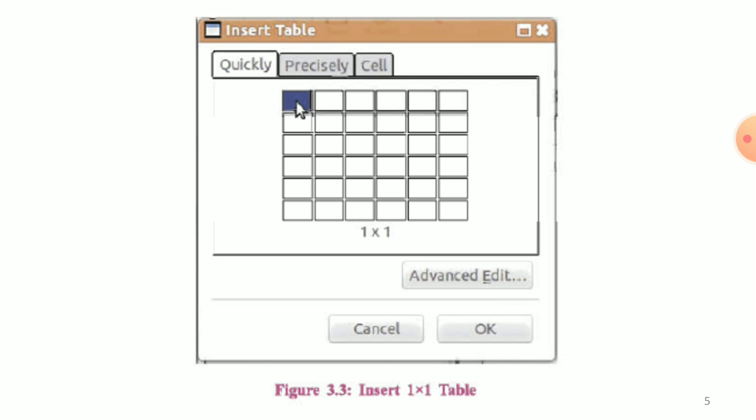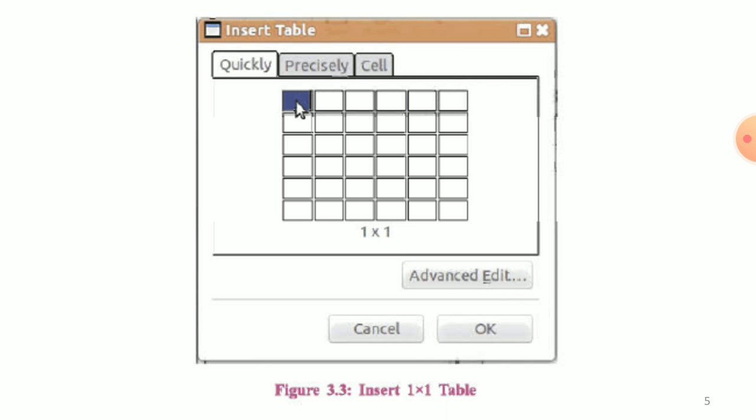Let us start to create our website step by step. To start with, we should first design the home page of our website. The home page of the website is the first page that opens when the user enters the URL address in the address bar of the browser. The home page of our website should list all the categories of the items that are available. Clicking on any of the categories will take us to another web page showing the items of that particular category.